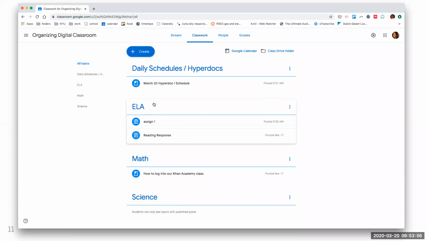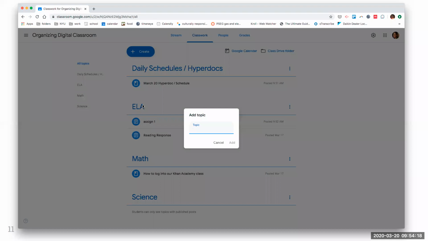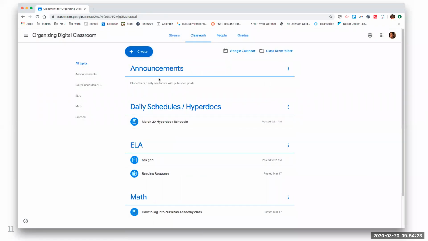Okay. So that's adding topics. That's some organization. I would direct parents and students to really live in this classwork space, because it is the most organized. Again, this is going to be personal preference. You might love the stream. It might work beautifully for you. But you can even create a topic that's announcements, right? Typically you would have announcements show up in the stream, but if you want a place where they can see daily or weekly announcements, you can create topics really flexibly that way.